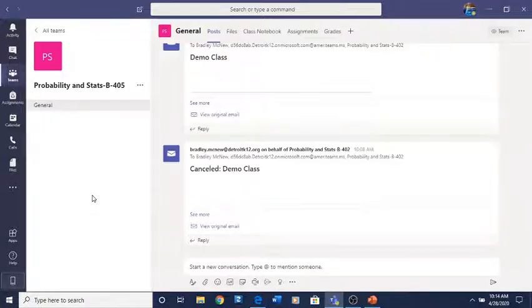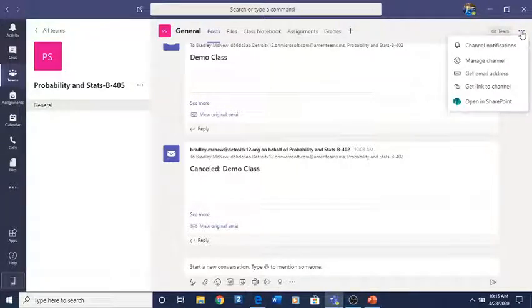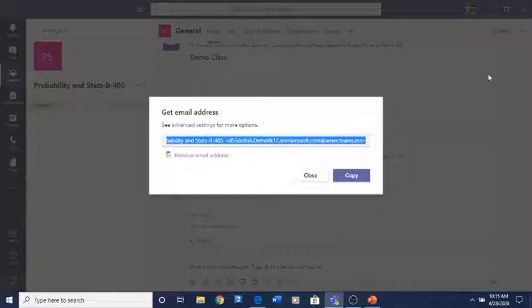So I'm going to hit 405, and notice I have ellipses here, I have ellipses here, but the ones I want are on the upper right. And I can go ahead, I don't want to get a link to the channel, but I do want to get the email address. So all I have to do is hit copy. It's already highlighted for me. I'm going to hit copy,